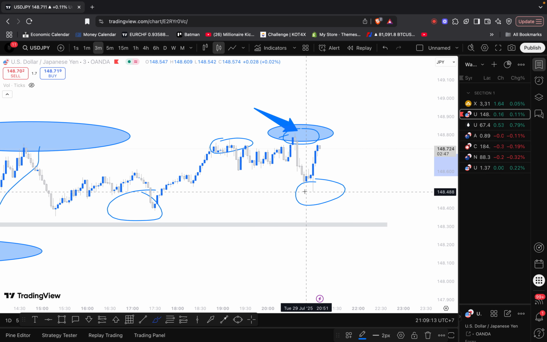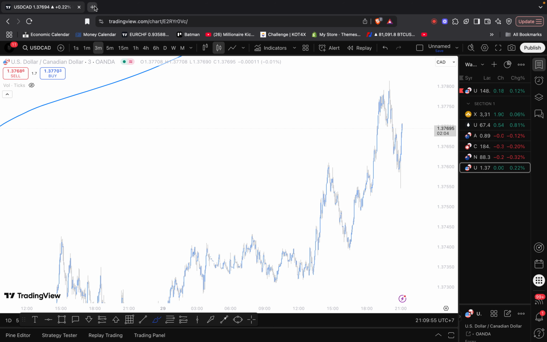I don't trade any more than 1 to 3 times because of risk management. Sometimes you can get aggressive and take too many trades. So that's why I trade like that. But yeah, guys, it's not really difficult. I can go ahead and look at UCAD, and I can do that too, and I can see if